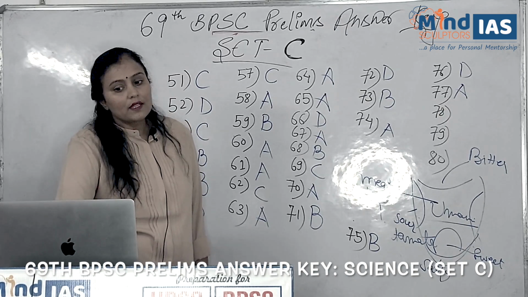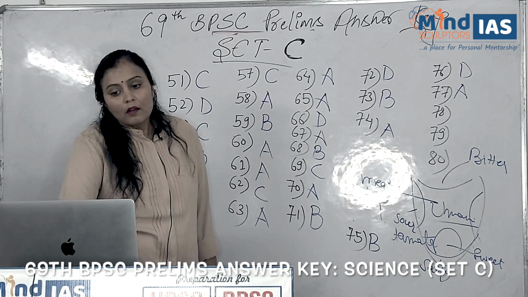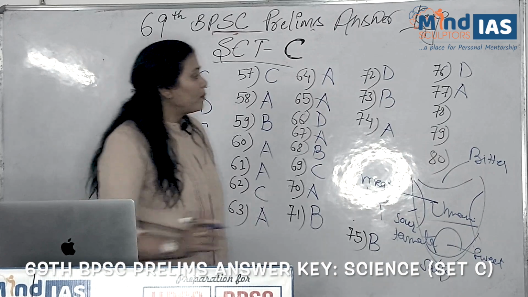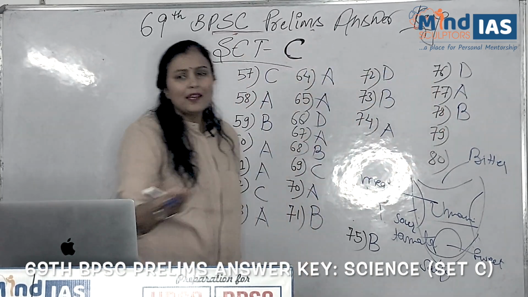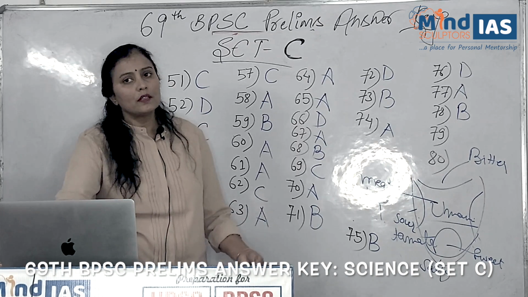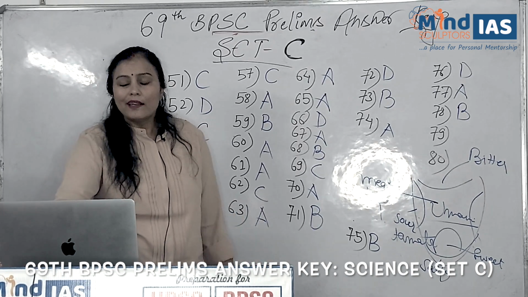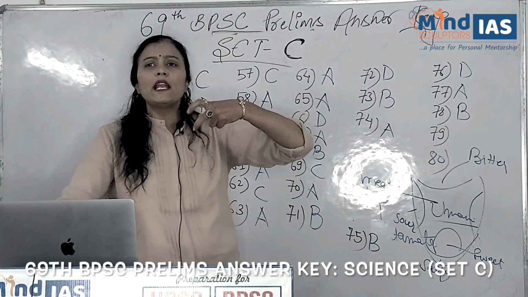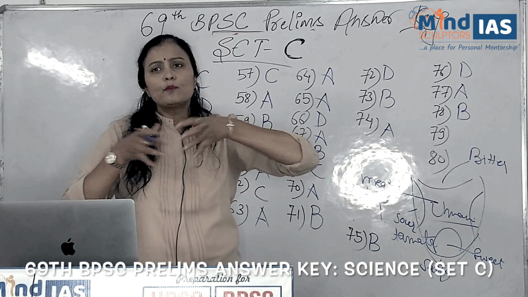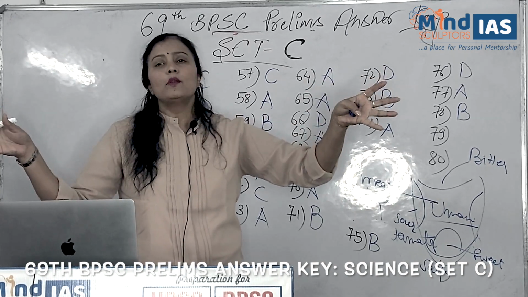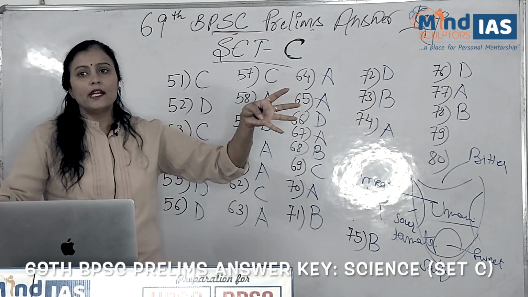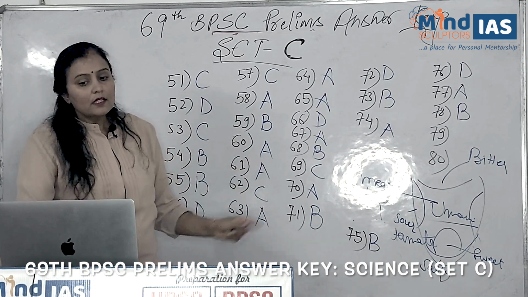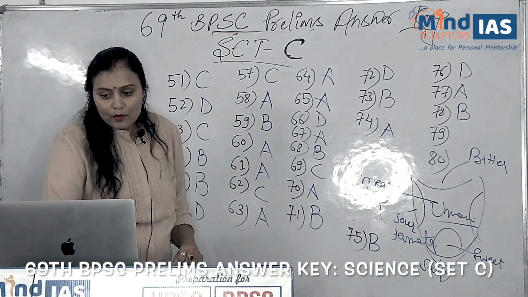Next question, question number 78. What is the fiber used to make a bulletproof jacket? So the right answer for this question is option B, that is Kevlar. Kevlar is a synthetic or man-made fiber which is made in a laboratory. And what Kevlar does, if a bullet is coming with very high speed, is absorb the energy of that bullet and spread the energy throughout the bulletproof jacket. So it reduces the intensity of the bullet. So the right answer for this question is Kevlar. Move to the next question.